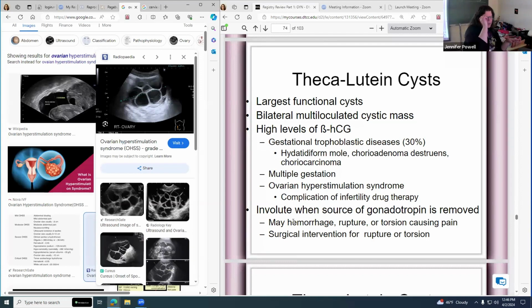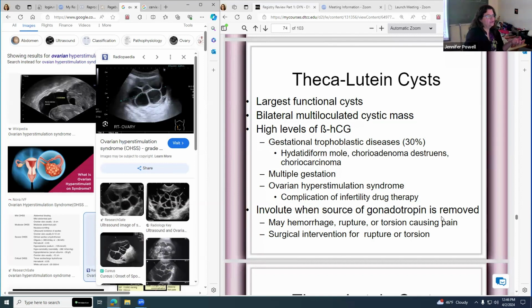So I guess this is kind of like the same thing, but as if it just keeps producing and producing and producing progesterone, and it keeps growing,